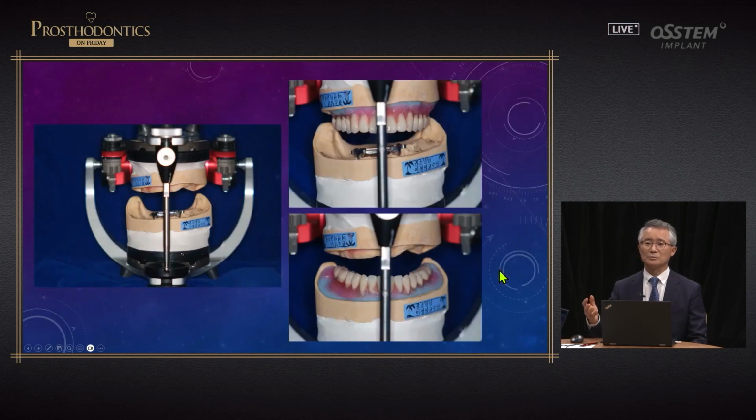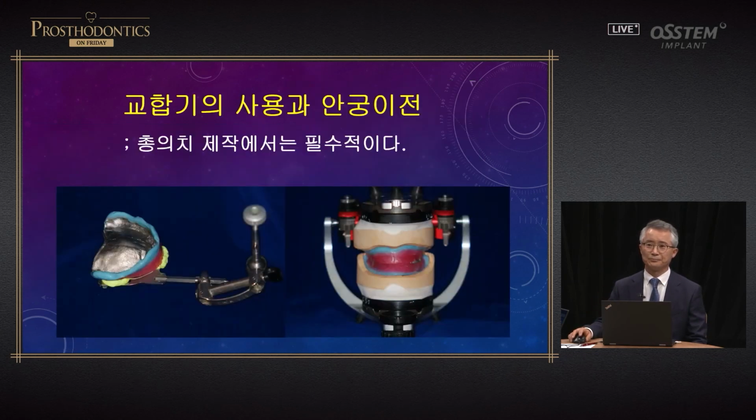Mounting was done. Because the face bow mounting was done, we could ignore the inclined bridge form and align teeth in a parallel manner. Without the face bow, this would not have been possible. About the use of articulator and face bow transfer, I always emphasize to my peers and students that they need to buy this tool. I always tell my peers and students.